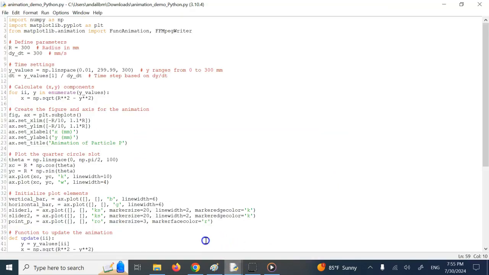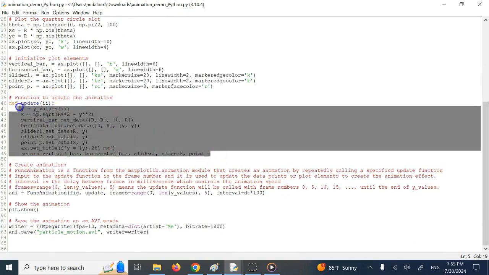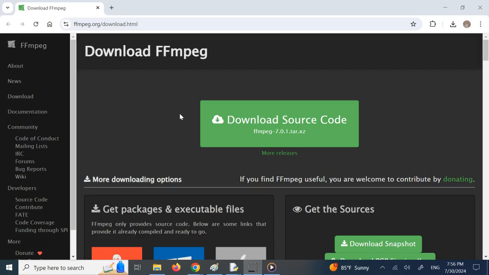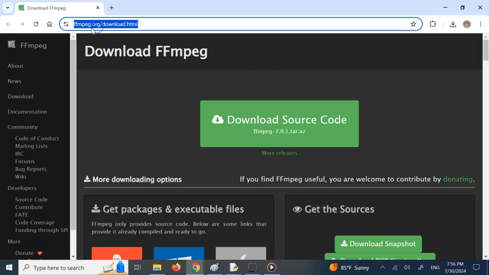So hopefully this video showed you something useful, and that is how to use the FuncAnimation from Matplotlib Animation to create animations by updating a plot, where the update function returns the updated handles with the updated data, and also use the FFmpeg writer to create an AVI movie out of this animation. And if you're wondering where I downloaded this FFmpeg writer, here is the page,